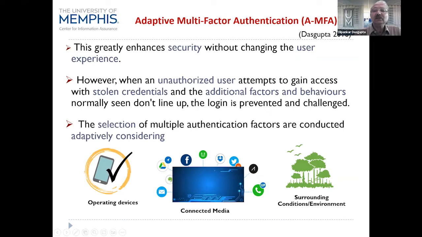However, when an unauthorized user attempts to gain access with stolen credentials, the additional factors and behavior normally seen do not line up. So we need to watch that as a continuous authentication process. So a selection of multiple factors is considered